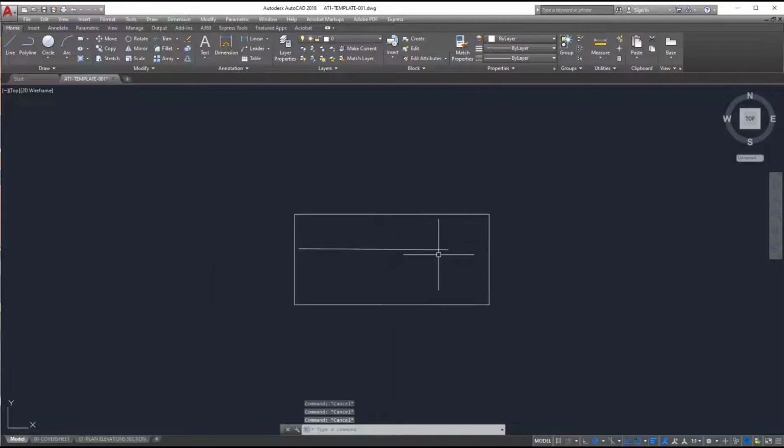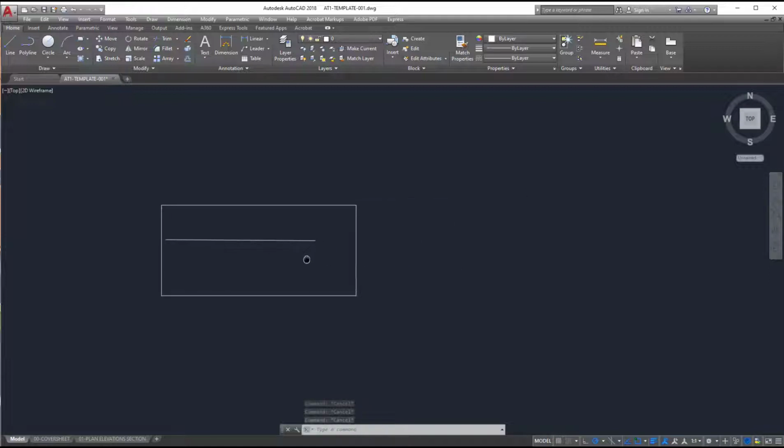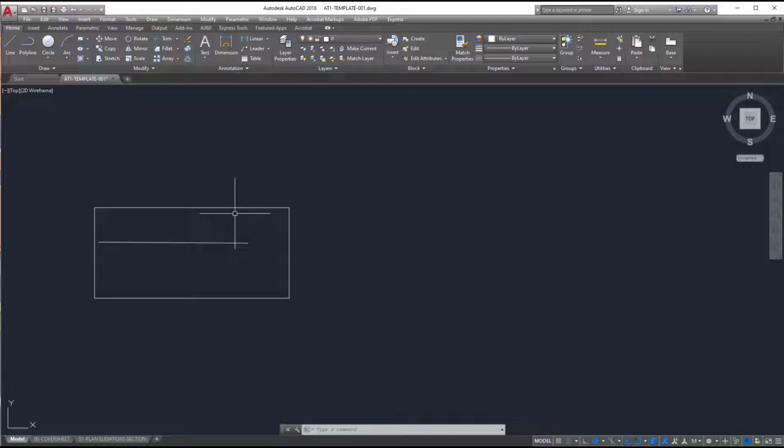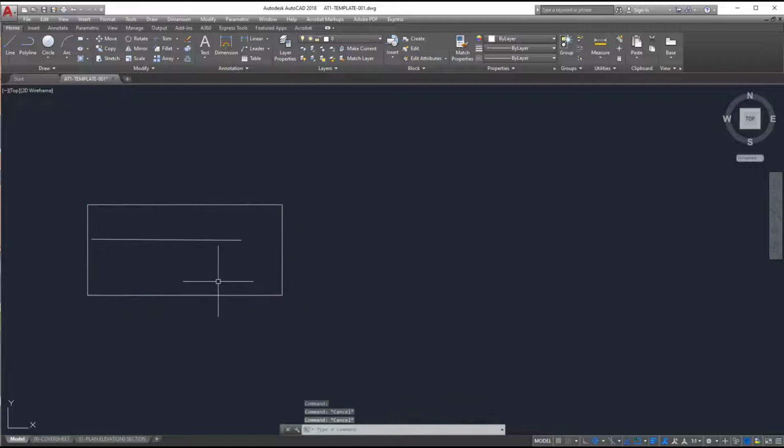Okay, so let's go through some of these commands and some of the shape operations. So we just started off with line there. Let's use next a polyline. So we can see when we drew this little rectangle here, each one of these is an individual line, which can be pretty time consuming when you need to edit these lines or you want to move them around or copy them, etc. So what we use then is a polyline, and that's the next command in the home ribbon, or PL is the shortcut. I'll hit enter,